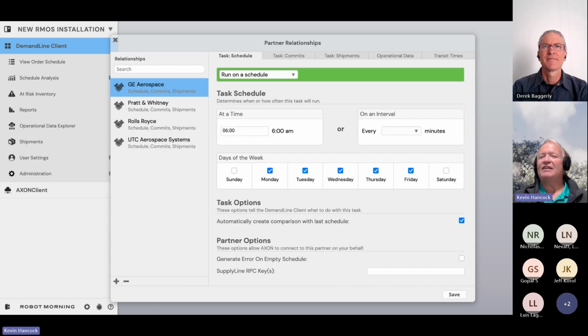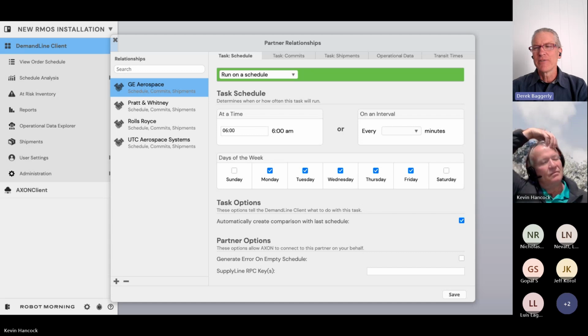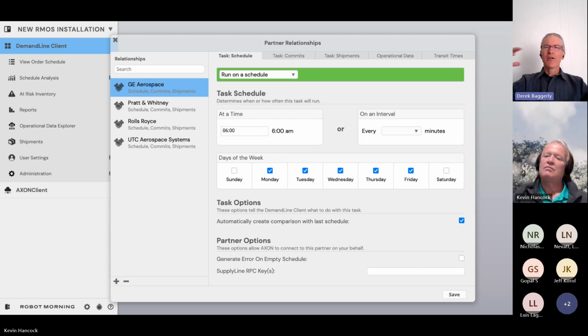Derek, anything you want to add on this particular side of the screen? Yeah, it's kind of a technical screen, but it's also a good example of the power of the broader network. Over on the left, those are the customers, and then you can pull down from a pick list the additional customers I want to add. As that continues to grow, you get to add more and more of your key customers to the network and automate all of them. So in addition to the cool functional aspects of this, it's also a good example of where you see the power of the network growing.